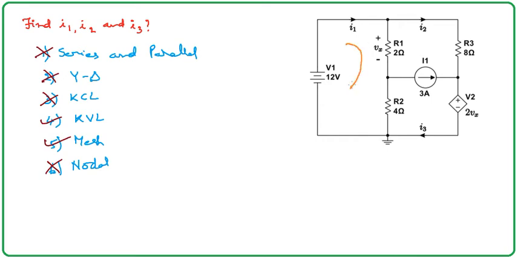So this is I1 as it has been given already. Let me take the same names: this is I2, and this is I3, for our convenience. Please write the mesh equations. Apply KVL in the loops. In the first loop, the equation is 12 minus Vx minus 4 times (I1 minus I3) equal to 0.